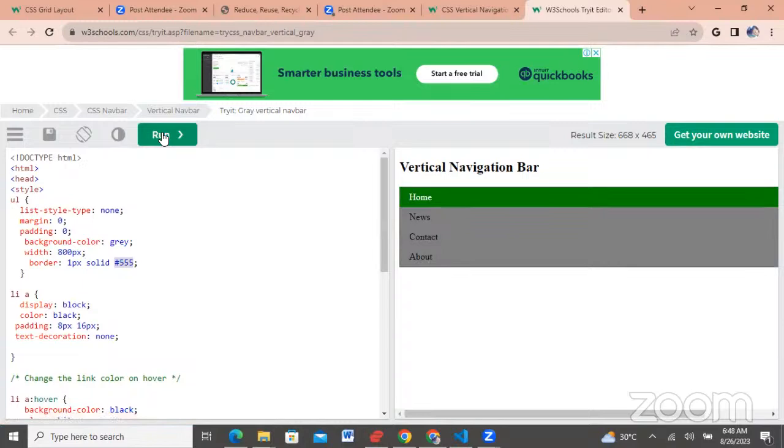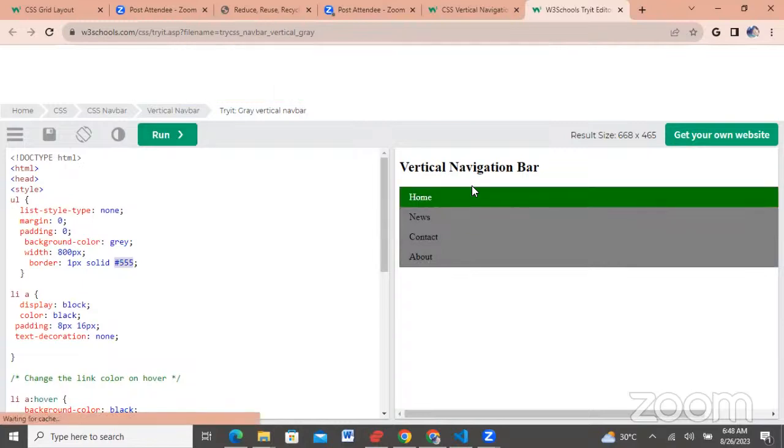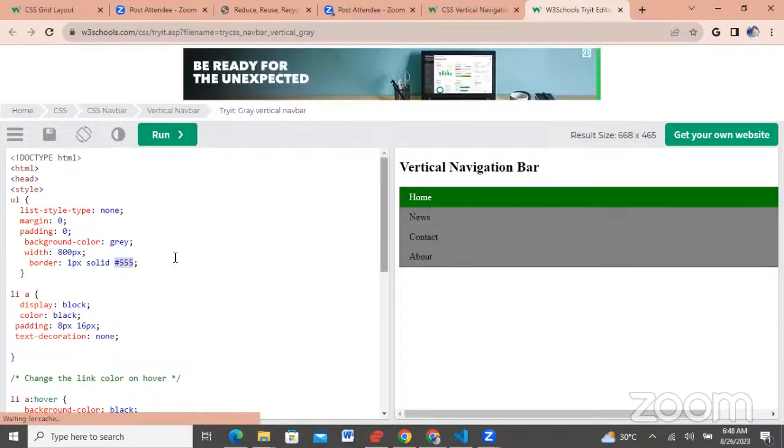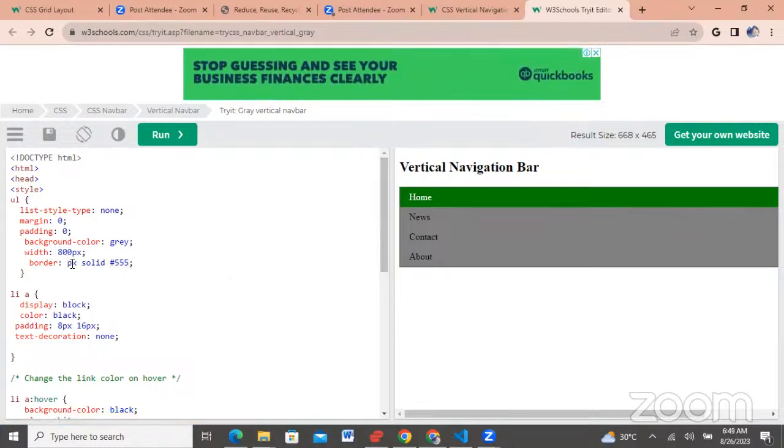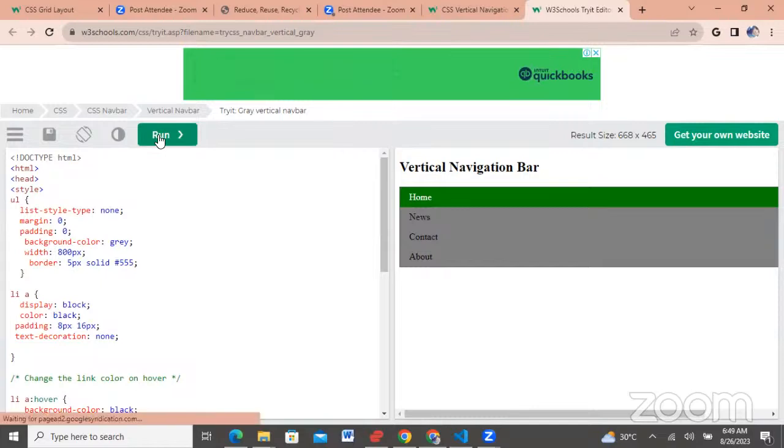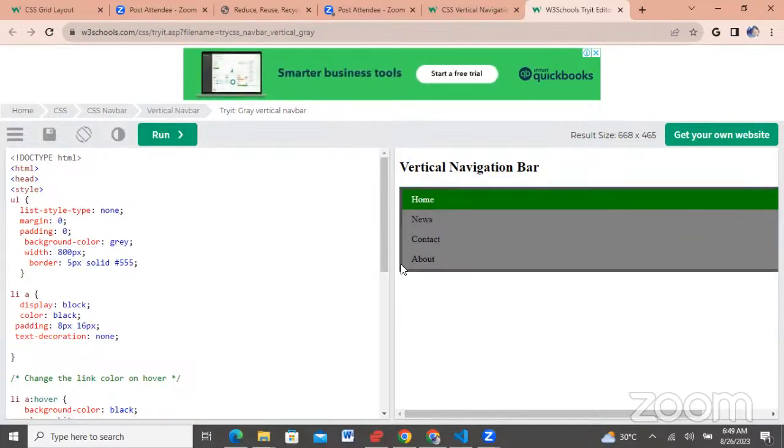So if I run this, now there's a border here, even though it's tiny. If I make it, let's say I make it 5px, it will be thicker. You will see it better. So you can see it's 5 because it's thicker now. Let me make it 10 because it's still